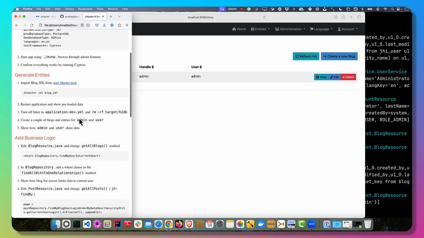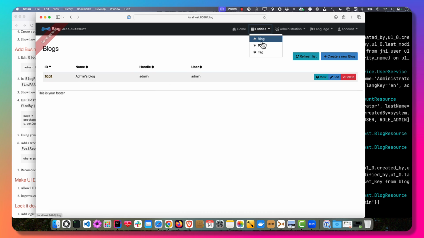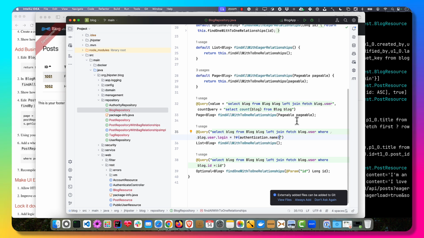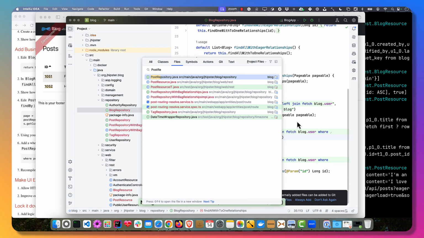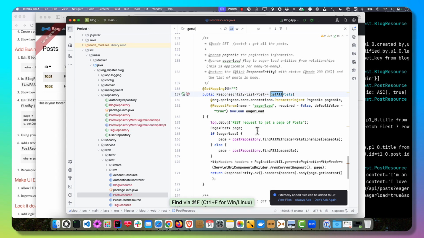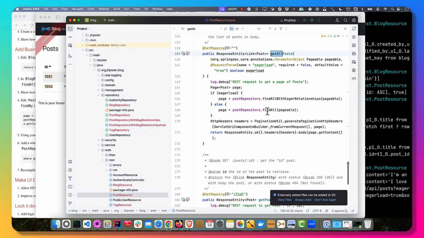Back to our instructions over here. Also the post resource, right? If we go to looking at posts, you'll see that those can still see each other. So post resource, and look for get all. You'll see this one's a bit different. It still has that eager load logic, but the find all looks a little different. So this will change to